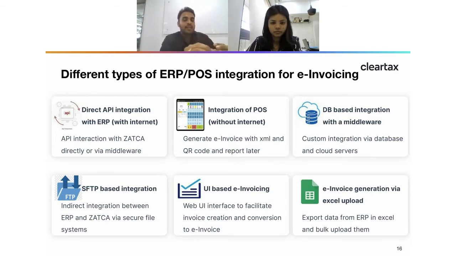So this also has an internet connection. This would be a cloud ERP, or a centralized database which always has an internet connection. For this particular system, you have APIs that are available as part of the invoice solution. You can integrate directly with these APIs, and this would directly interact with Zatka, taking information from your ERP. As soon as you finalize an invoice and click on, say, submit this invoice as an e-invoice, or convert it into an e-invoice, some sort of that option,